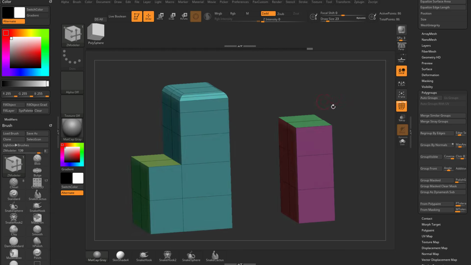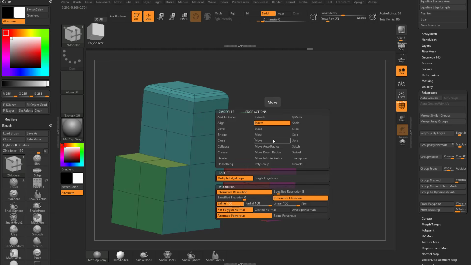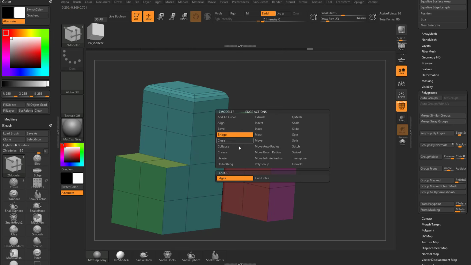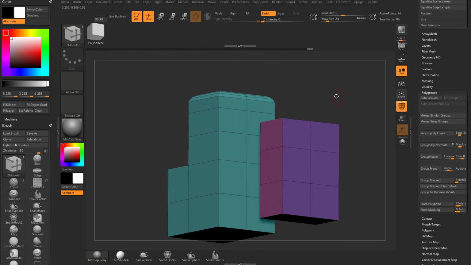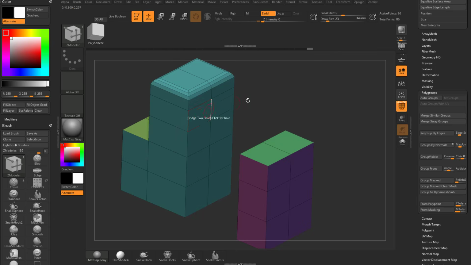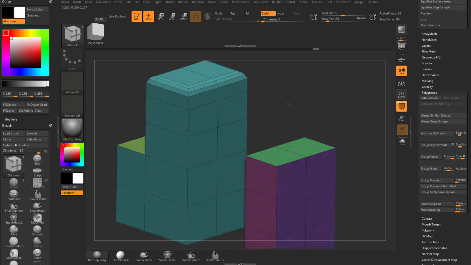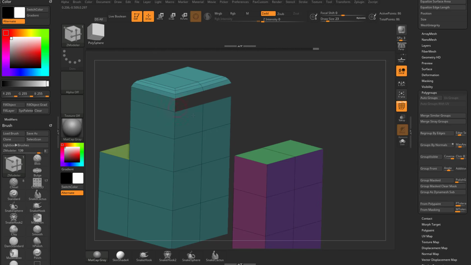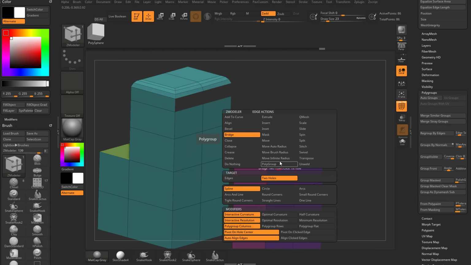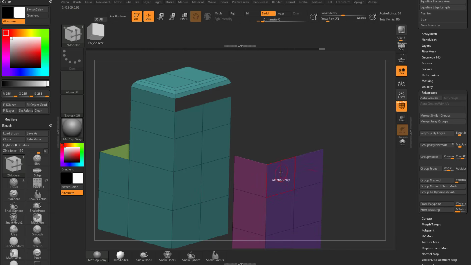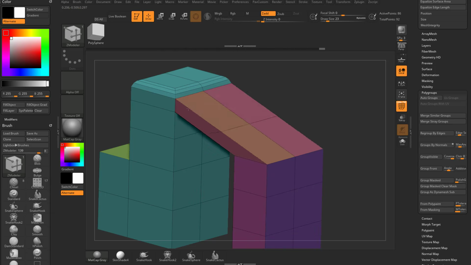A few more common edge actions. So hover over an edge. One thing I'll do quite a bit is bridge 2 holes. So for example, in order to bridge 2 holes, I'm going to hover over a face here, and we'll go ahead and do delete a single poly. We'll try this. We'll delete a single poly, we'll delete a poly here, and then we'll hover over an edge and bridge 2 holes with a spline. You can click on one edge of a hole, click on the other, and then just click and drag,